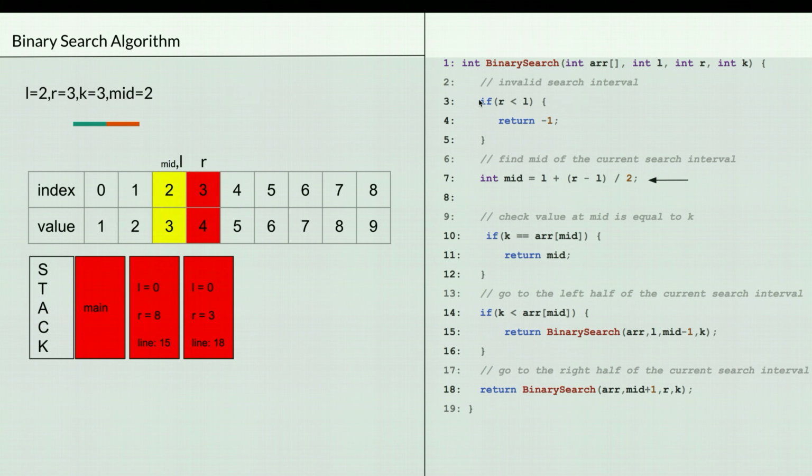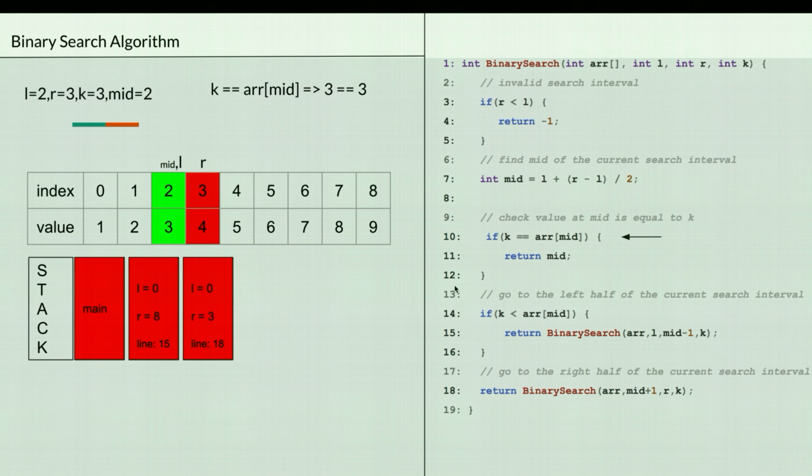Since it is valid, find the mid of it, and the mid of this interval is 2. Now mid is 2 and L is also 2. Now compare and check whether K is present at array of mid. In this case, K is 3 and array of mid is also 3.